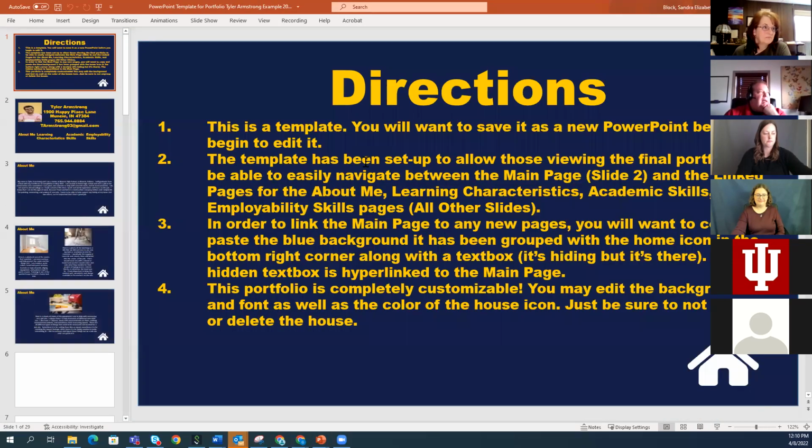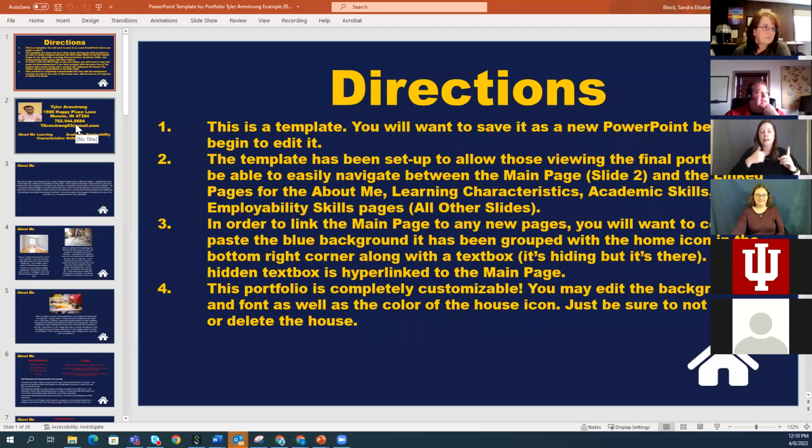So although this has Tyler's information, that's who I used for this example, that first page is the same where it says directions. This is what you're going to see. So when you go to the guidance document, when you pull that up, it pulls up in a PDF, and Michelle and the team have made sure that when you look at the table of contents, those contents are